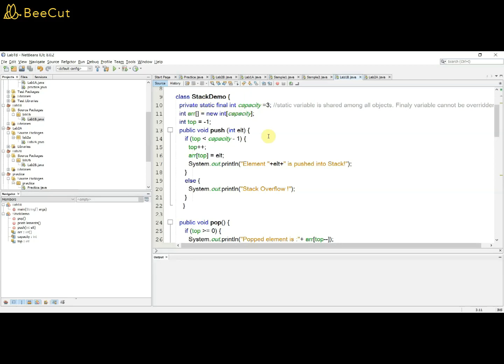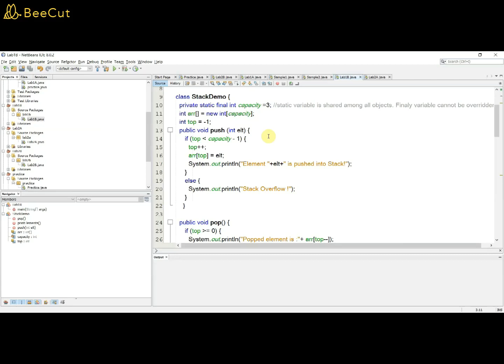Since the capacity of this stack is fixed, our usual notion of defining such a fixed variable is static in C. Here also in Java we have that option, that is static. So you can define private static int capacity.